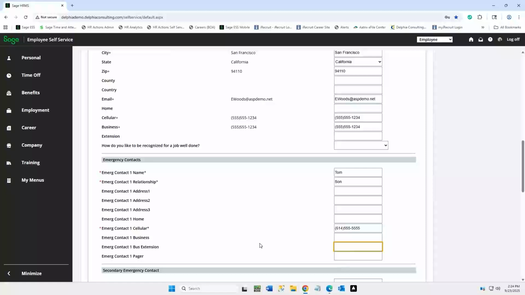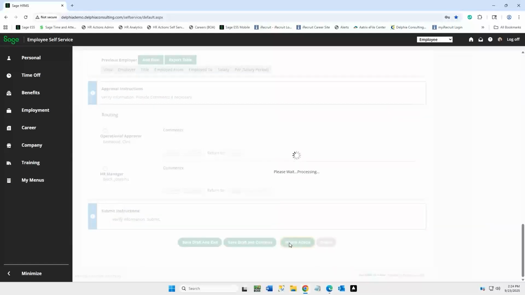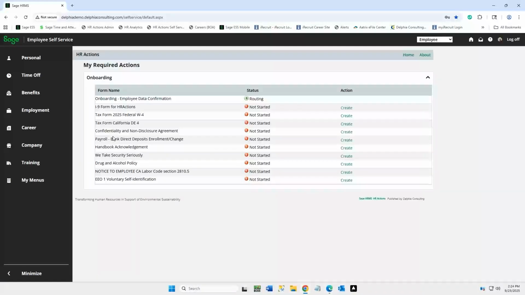Okay. So now the required fields have little stars next to them. And that's what's nice about that: even if Sage HRMS doesn't require the field, but your business policy does, you can enforce it, right? From actually being completed, so you can't leave that field blank. So I'm going to go back to my required actions, and I can see that the first one is routing,